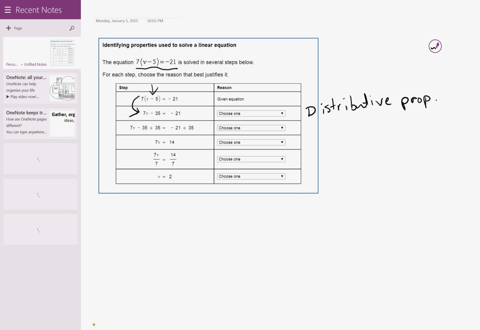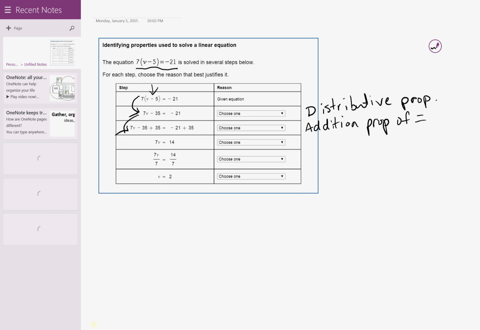Now, in the next step, we add 35 to both sides, and that is the addition property of equality, which says we can add the same number to both sides of an equation without changing the results. Those are equivalent equations. The subtraction property of equality says that we can subtract the same number from both